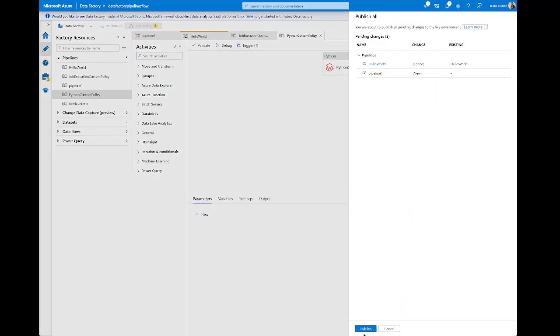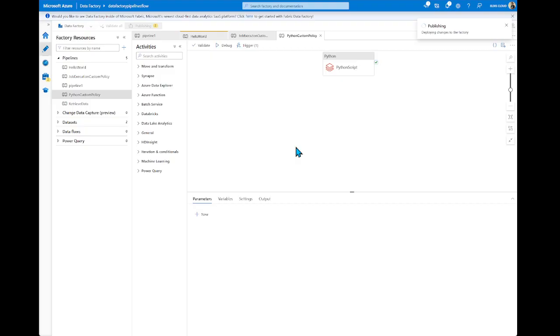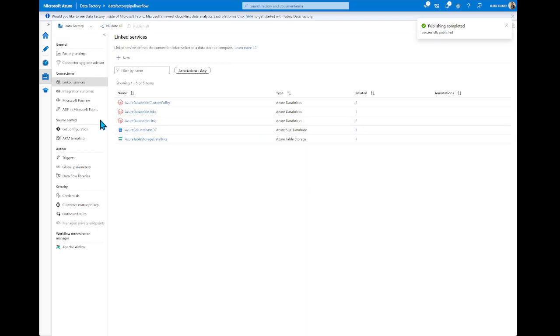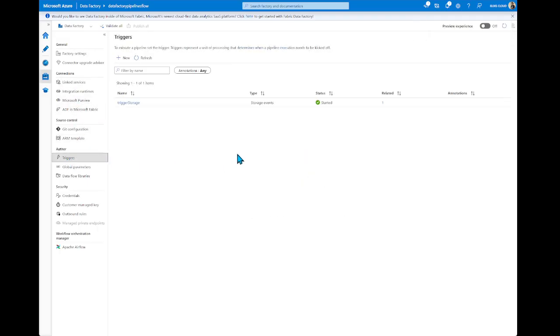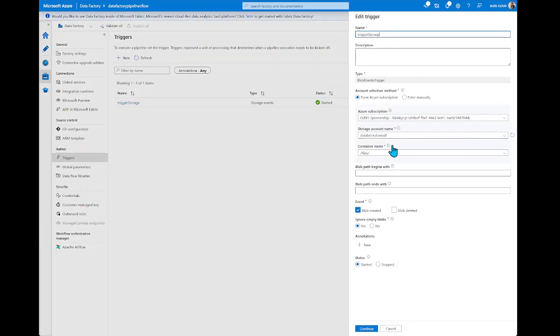Let me publish everything here and double check our trigger configuration. Everything is published, and we have triggers here. This is our trigger, started. Okay, it should work.